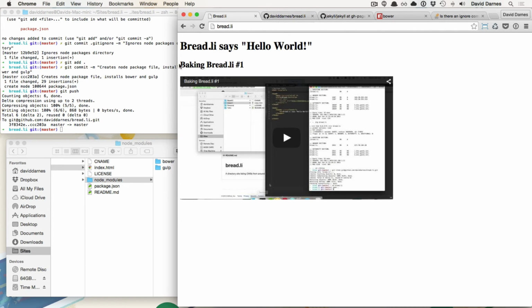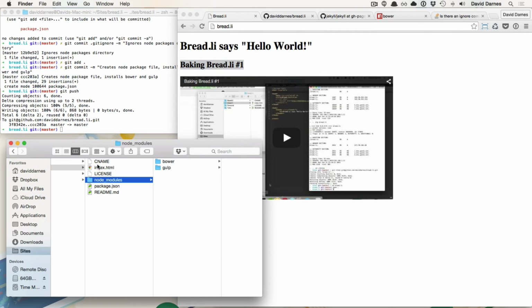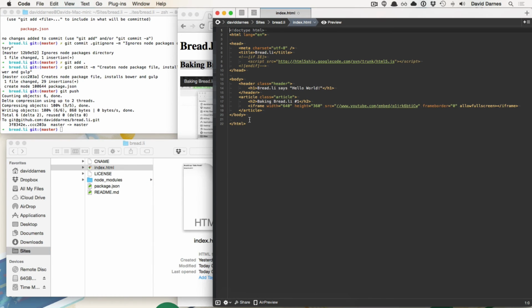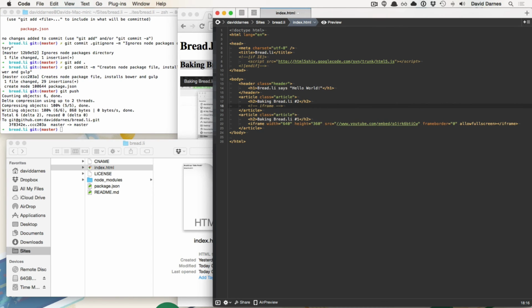and upload it, which will be baking Bread.li number 2. So what I need to do is prepare for baking Bread.li number 2. I'm going to duplicate this line, do number 2, that should be number 2, and then that should do it like vertical post order, and I'm going to do this and this, and that means that the iframe will appear there, and